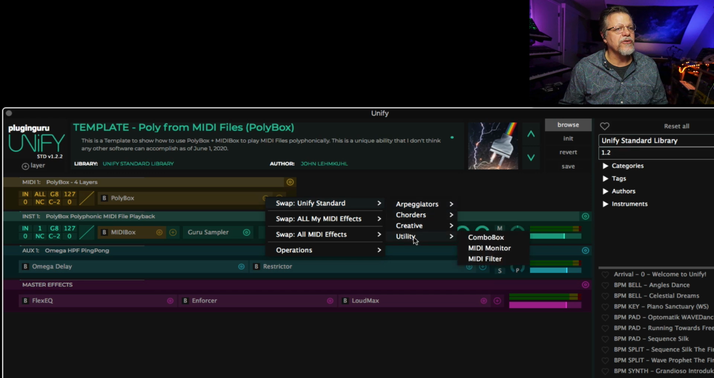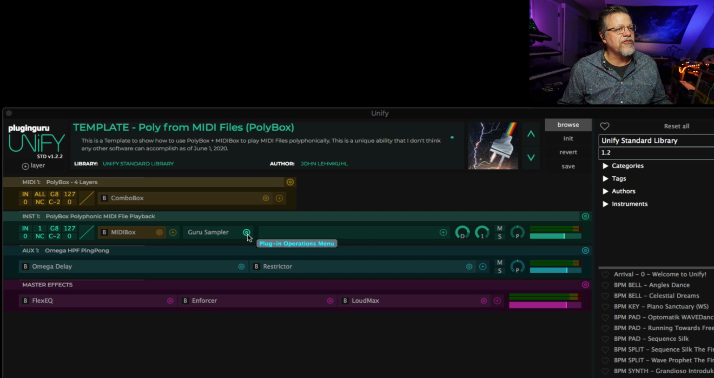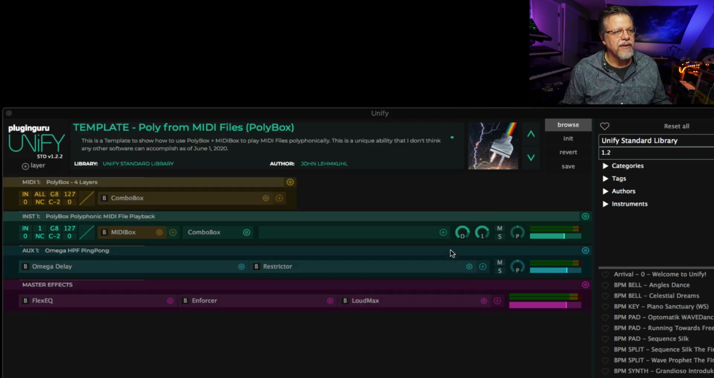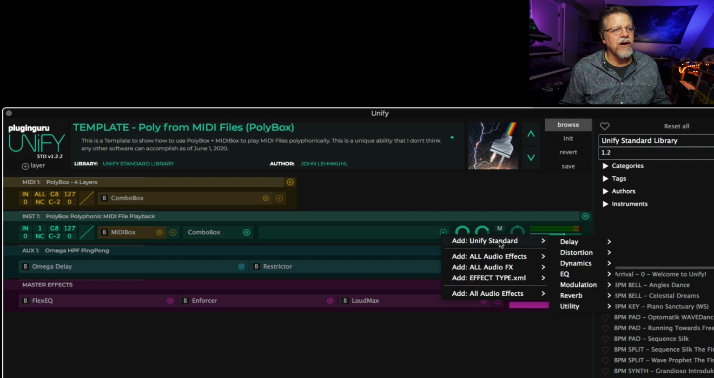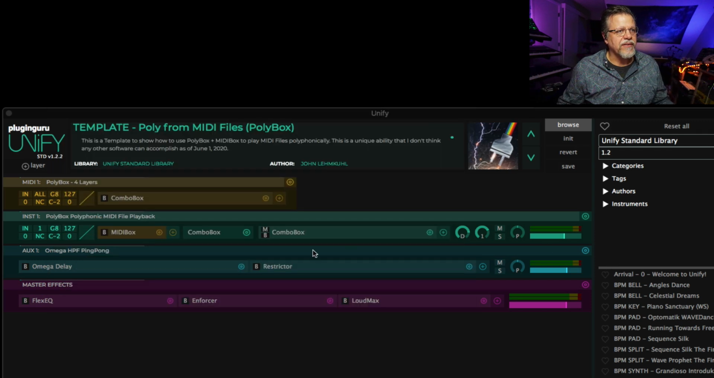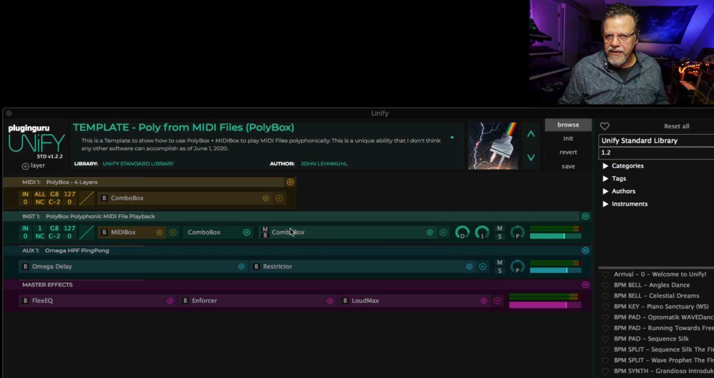If we go over here to utility, ComboBox shows up. If you go to the instrument level and you choose utility here, there's ComboBox here. And in audio effects, you can also go to utility and ComboBox shows up here. So this one effect is available in MIDI effects, as an instrument, which means it can have access to everything, and as an audio effect. So it can be used to layer different effects to do cool chaining of effects with a cool graphical interface,